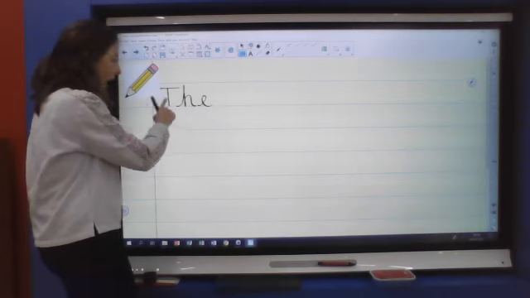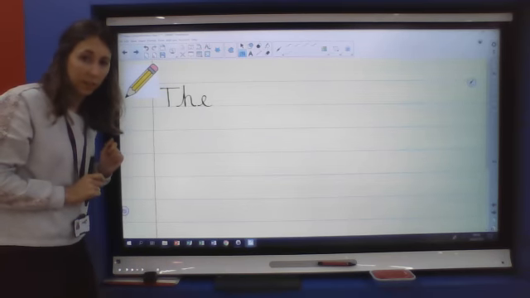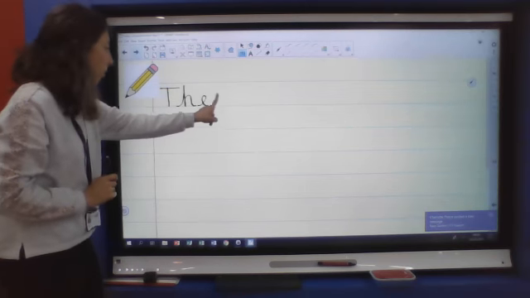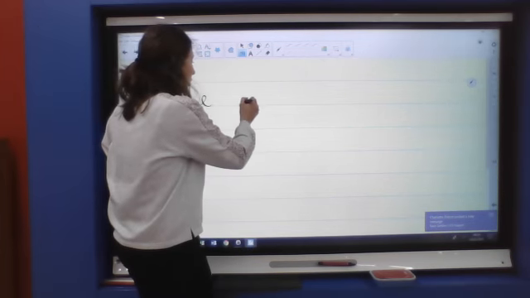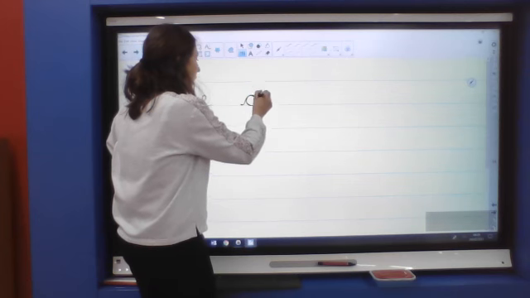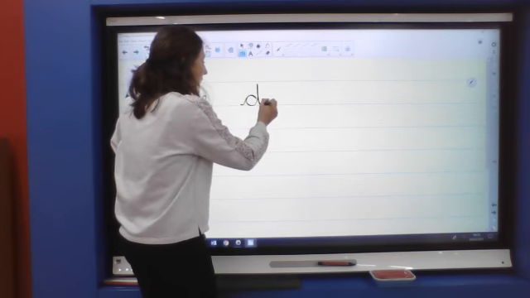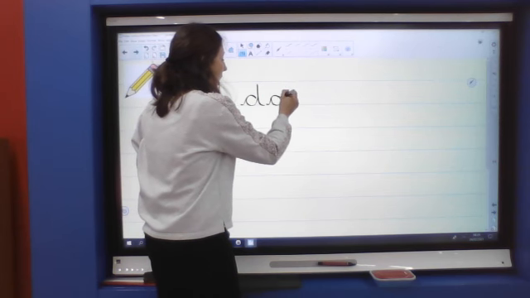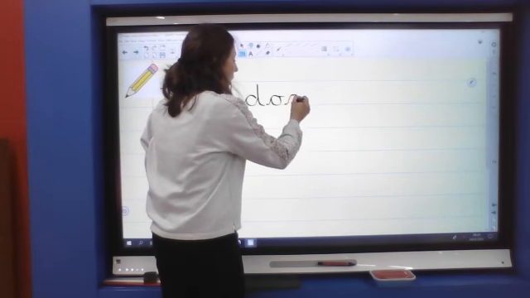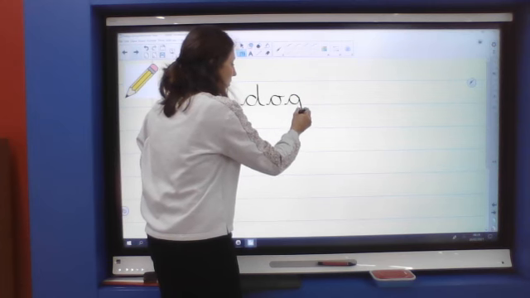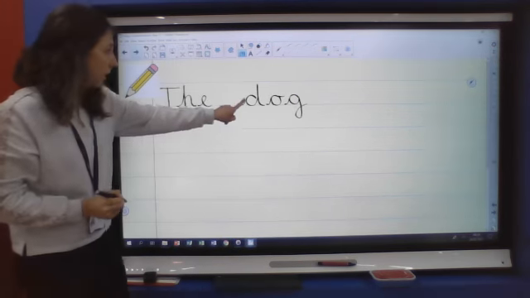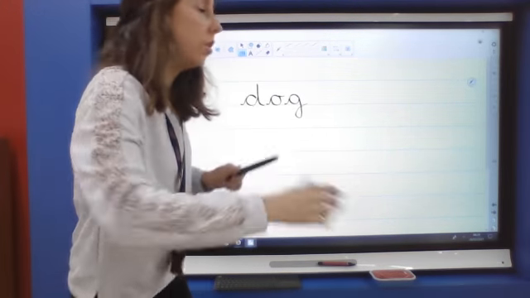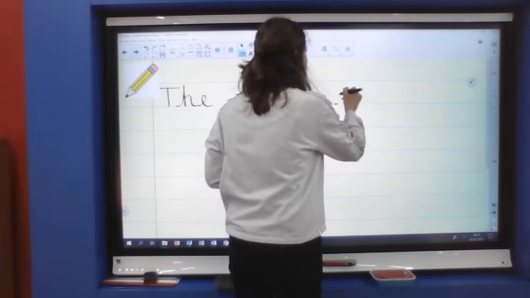Notice how I'm starting every letter on the line, because that's how we do it using cursive handwriting, isn't it? So the, now I need a finger space, dog. The D is tall, so it should have a tall stick. The D, and then G goes under the line. And you see how the round parts of my letters are all the same size as well. So the dog, finger space,